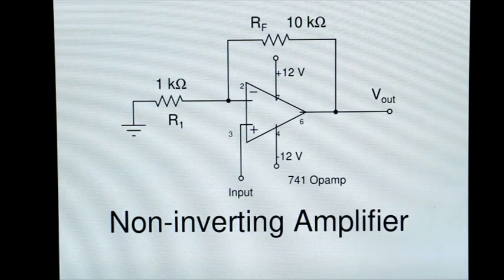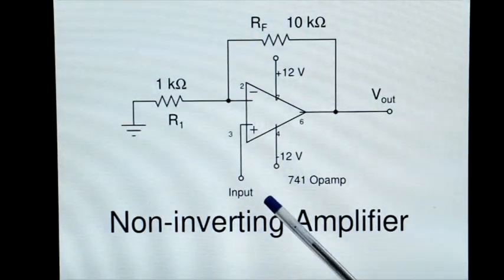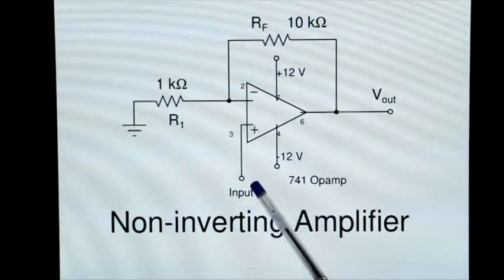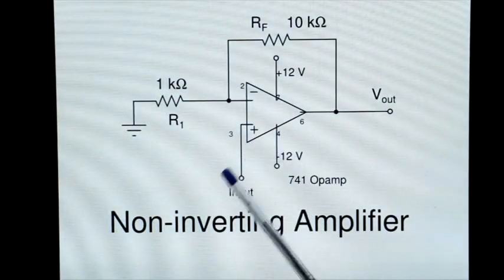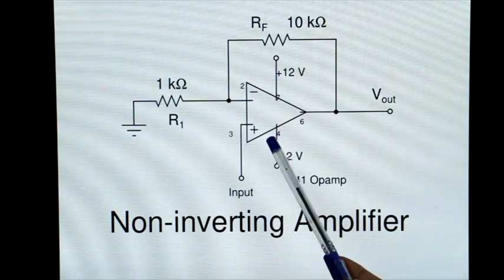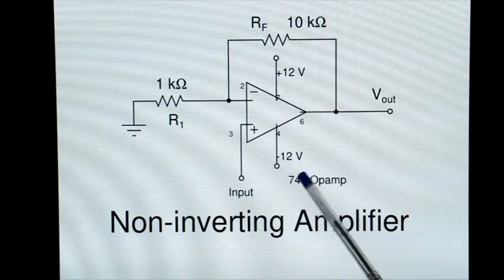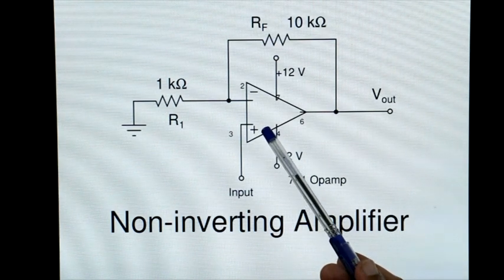Now we will see part B of this experiment, where we will see how a non-inverting amplifier works. So what we see here is a circuit diagram. Now in the previous case, when we did the inverting amplifier, the input was given through a resistance R1 to the inverting input. In the case of the inverting amplifier, the non-inverting input, the plus input here, was grounded. In a non-inverting amplifier, you will give your input directly to this non-inverting input of the op amp.